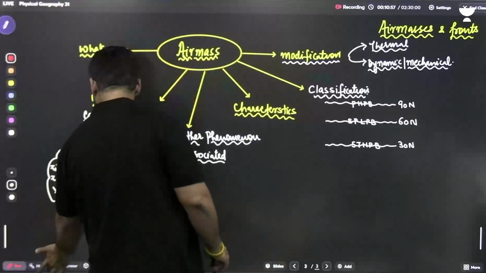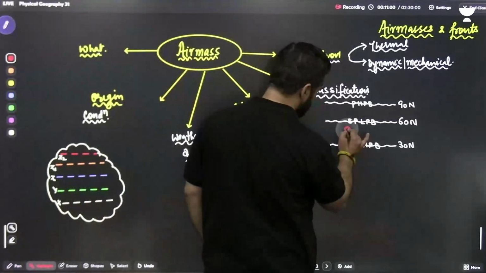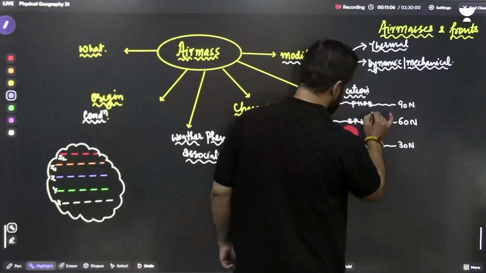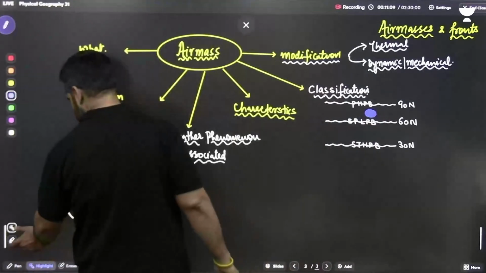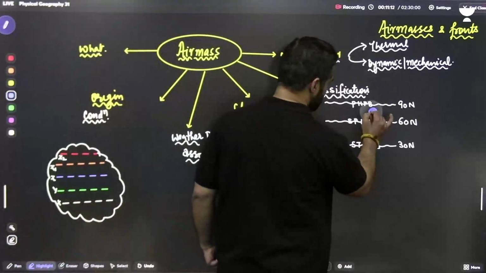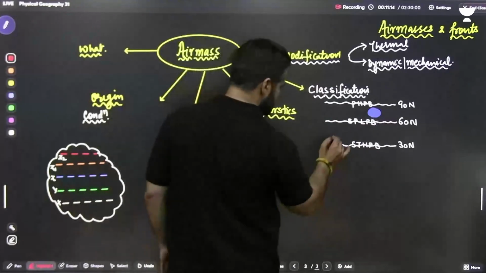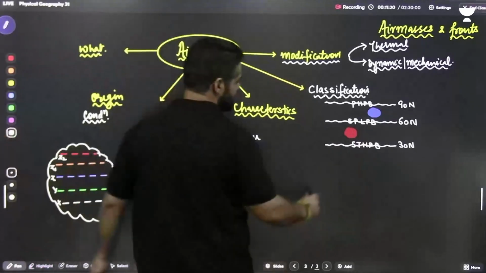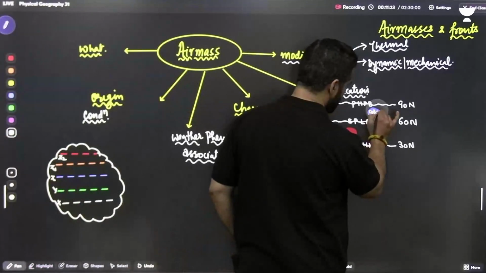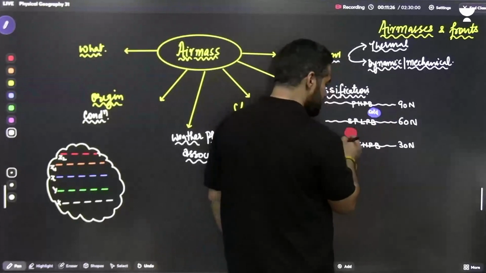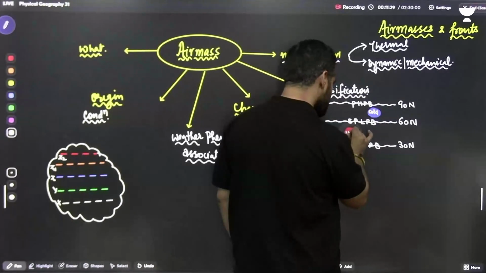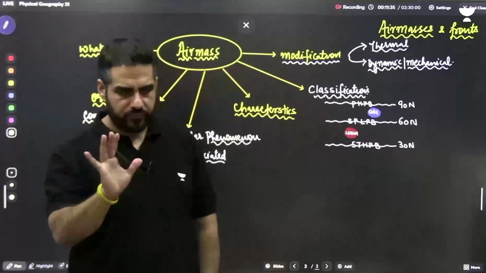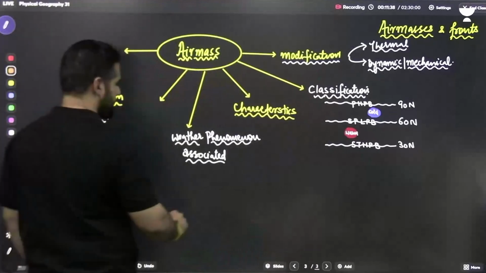If I assume in this particular part, a mass of air is developed here, and a mass of air is developed here, and a mass of air is developed here. Obviously the one in the polar areas will be cold, and the one in the subtropical areas, what will this be? So can I say one is a warm air mass, another is a cold air mass? कैसे बनता है, छोड़ दो इसको. Then we know the wind system which is prevalent there,